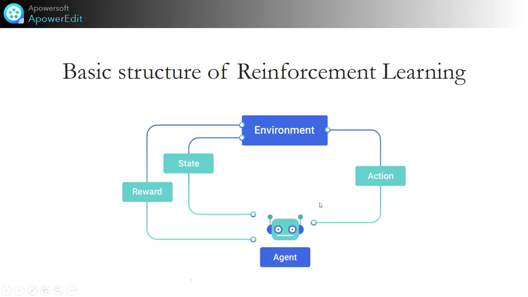Here comes in the reinforcement learning. Reinforcement learning is based on the interaction between an agent and an environment. The environment sends information about the system state to the agent, and then the agent chooses an action in response to the state to the environment. Then it will receive a reward according to the environment by the state transition. The agent learns to maximize the cumulative reward during this repetitive interaction.